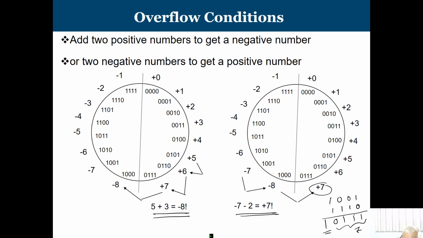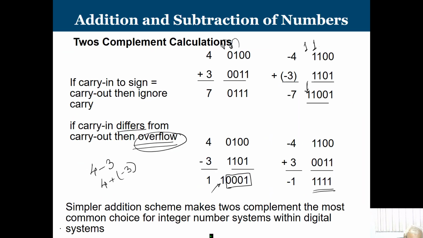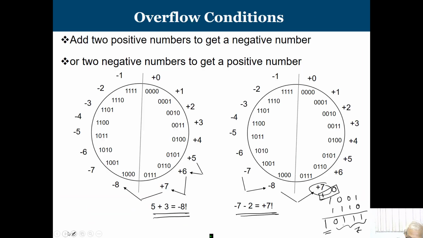So, how am I going to detect it? If I add these things here, I get 0 as my carry in, and after adding it, 1 is the carry out. So, these 2 bit positions are going to differ. With the help of this, I can indicate whether I am going to get an overflow or not. In the previous slide, I think we talked about this issue only. If carry in differs from carry out, then it is an overflow, but in these particular 4 cases, it is always the same. So, we do not have the overflow.